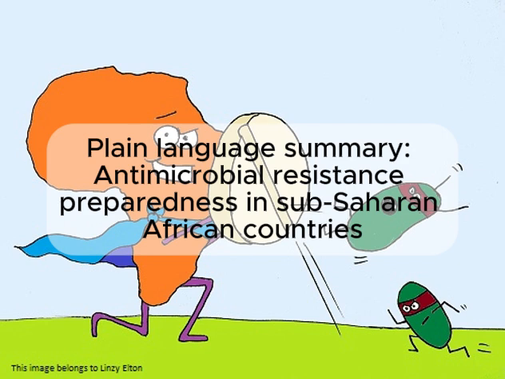We also calculated a cumulative mean, which means we added up all of those mean scores that I explained in the step above and then divided it by the number of countries that we included. And this helped us to identify how well sub-Saharan Africa was prepared overall when we could then compare it to, say, Europe or South America.